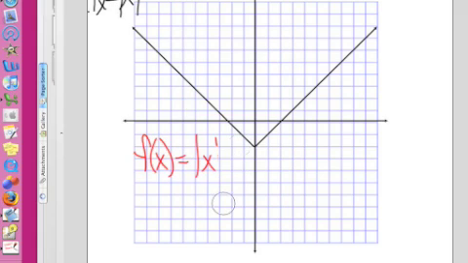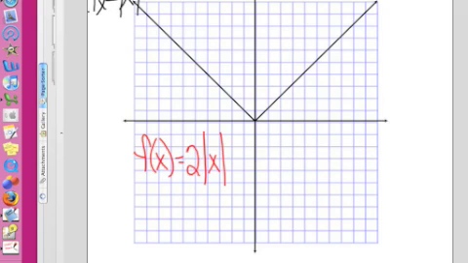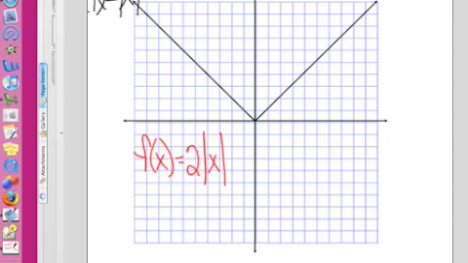All right, now, suppose we say 2 absolute value x. Plus 0 is understood. The vertex of this thing has not shifted above or below the x-axis. It's still at 0, but the slope has changed. My slope is no longer 1 over 1. Now my slope is 2 over 1, which means as I go up 2,